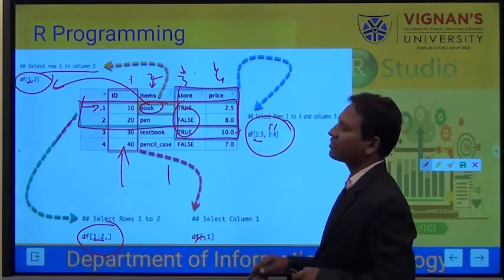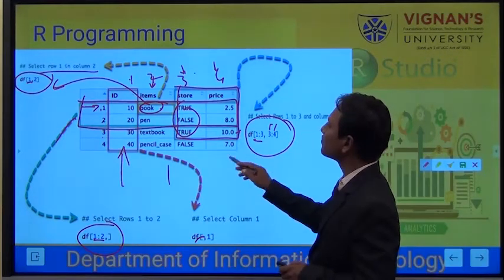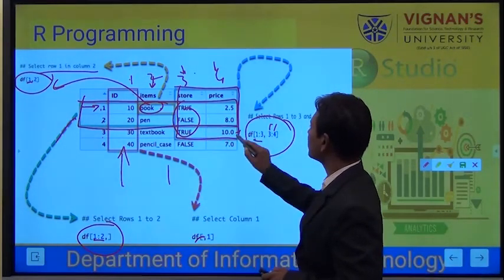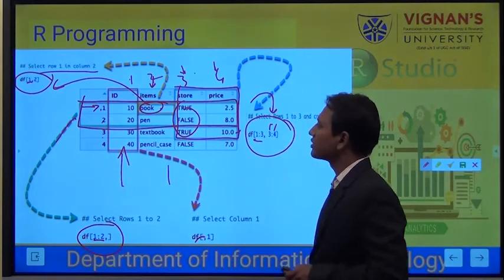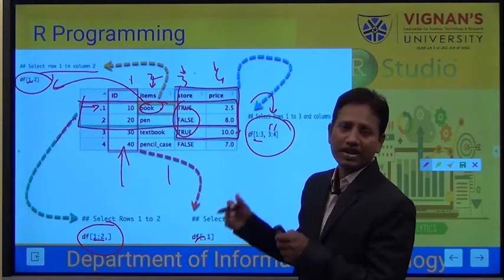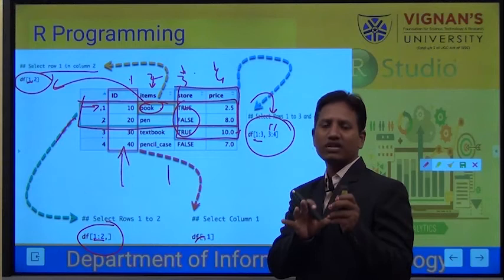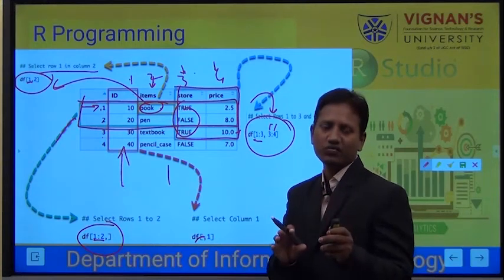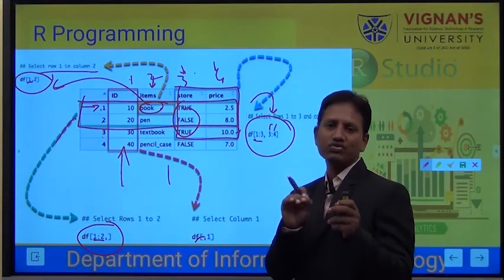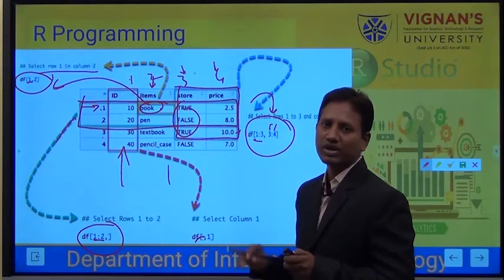A 3 by 2 matrix kind of thing, 3 rows and 2 columns is going to be picked. So by practicing a lot we can understand what data we want and how we have to use the indexing to get it.